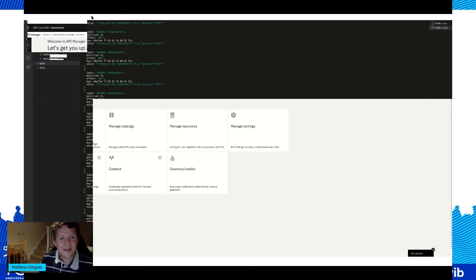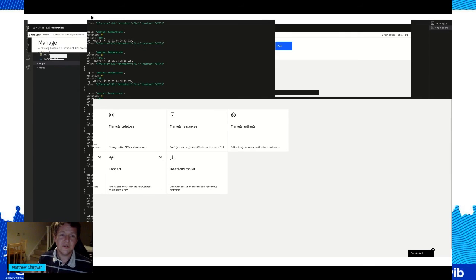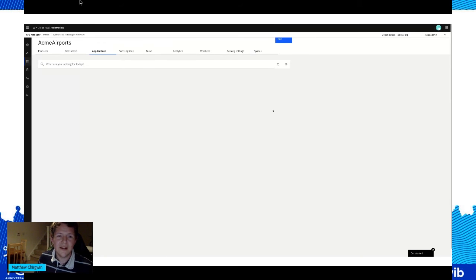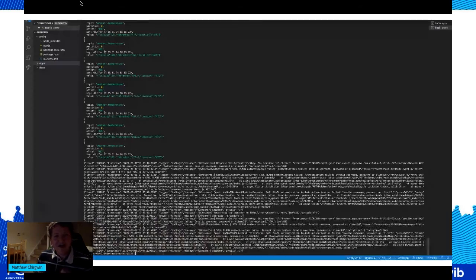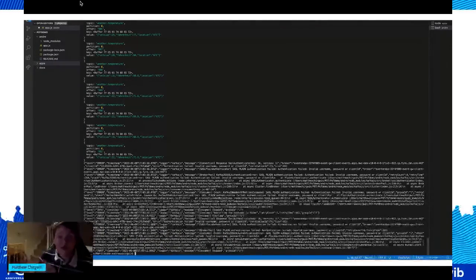So again, in the API manager, she'll be able to see which users, which applications have signed up to use the various products. So here we get a view of all of the applications, for example, that are using some of the products. And from here, she could start sending emails. She could start to manage credentials. And in this case, she's removed access from that particular application to the product. And Andre's application will continue to work up until the point that obviously that removal of access is processed.